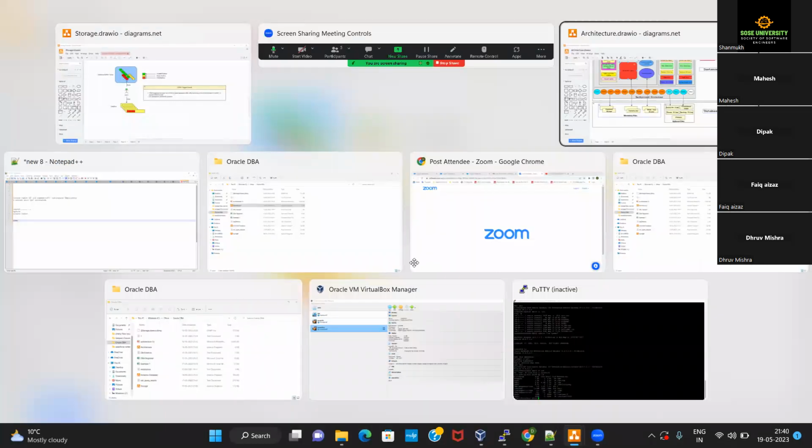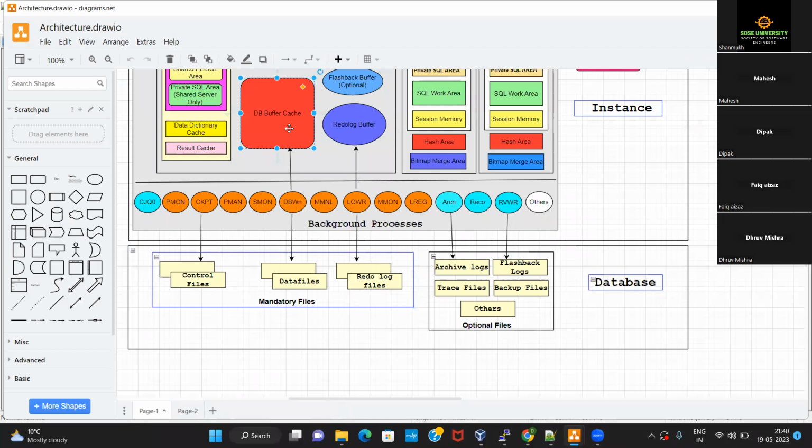Yes, bro. Okay. So that is about the database buffer cache, the DBWR background process, and the data files. Data files is the final location of storing the data in your database. Now, the next thing that we wanted to see was the LGWR background process. We'll come to CKPT, the checkpoint background process, again later on. But today we want to discuss the LGWR background process and how it is related with the redo log buffer.